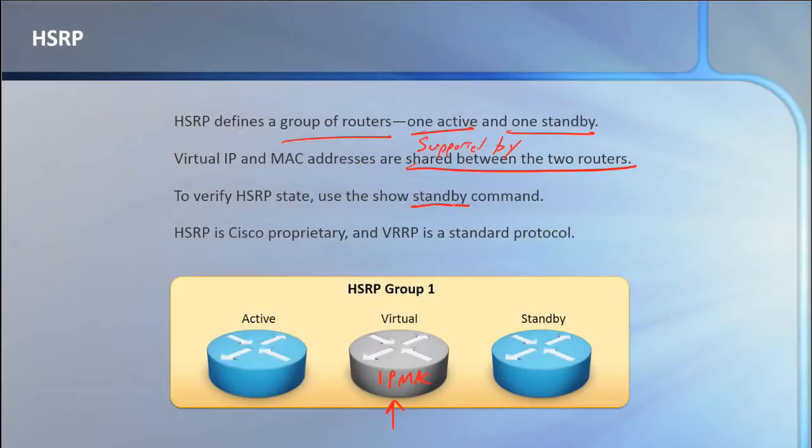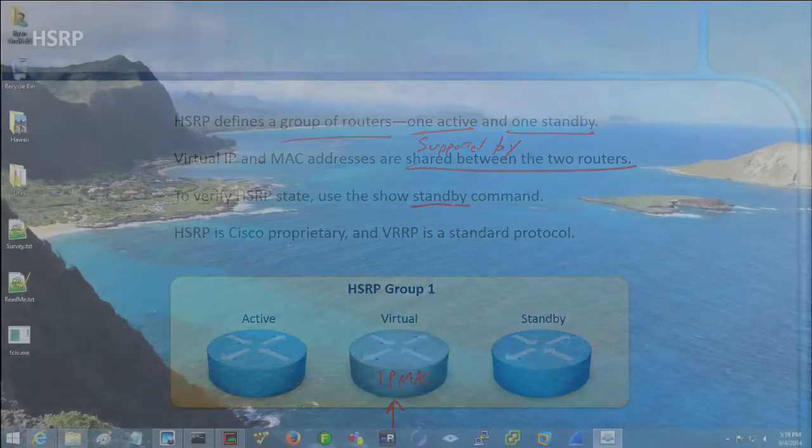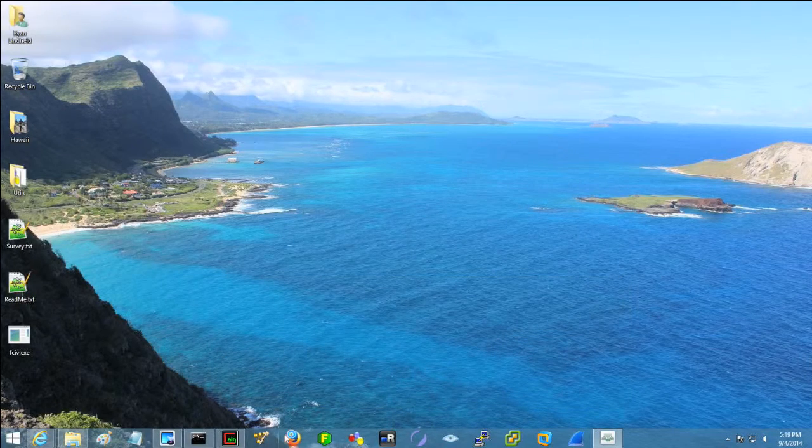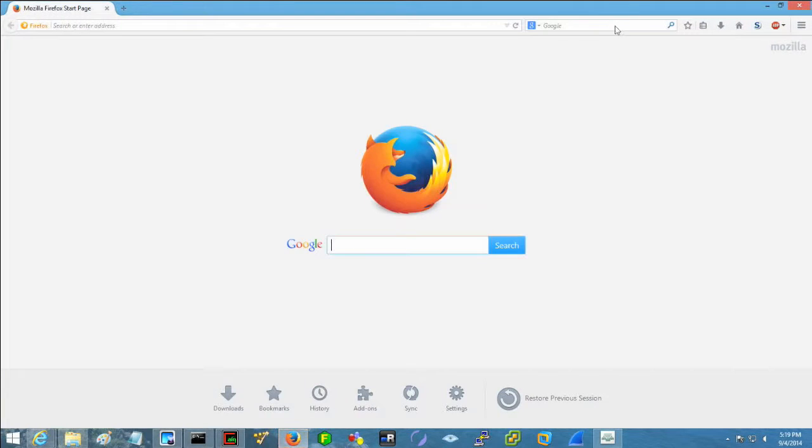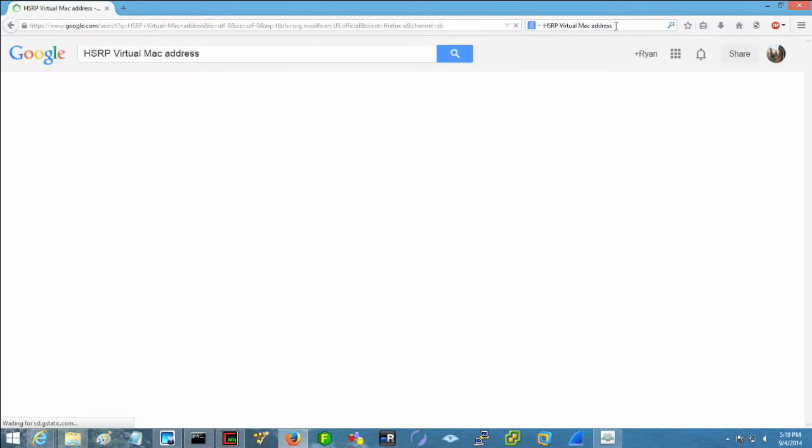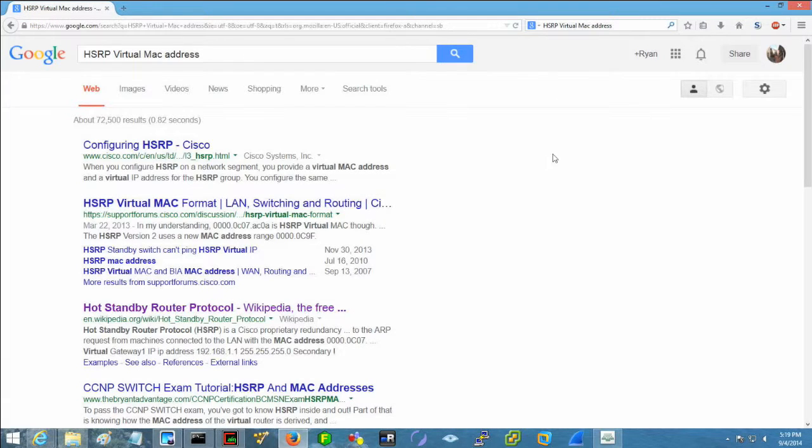Let's step away from the courseware for a second, and I'll show you exactly how this works. Instead of whiteboarding it, I'll take you to Wikipedia. Let's just say HSRP virtual MAC. So what's going to happen with your HSRP, when you create that virtual IP address, it's part of a standby group. A standby group is what they call a virtual router. So if you look at what's going on behind the scenes,